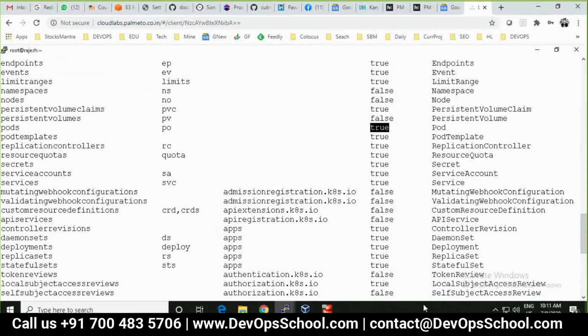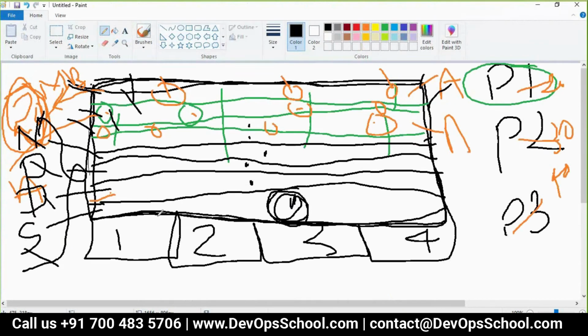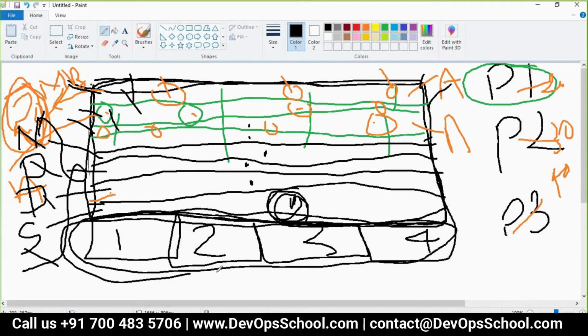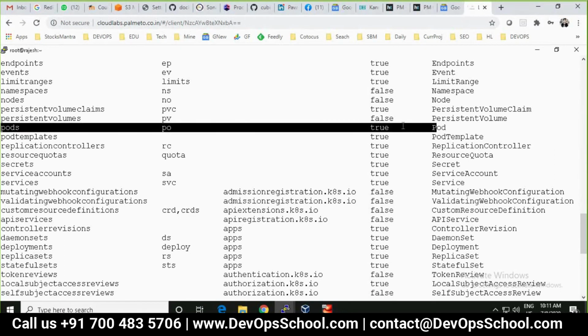But there are some API resources which are not for a namespace but are cluster wide, and for those namespaced is false. So now you see here, pod can be created in a namespace, so it is true.